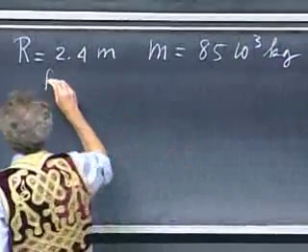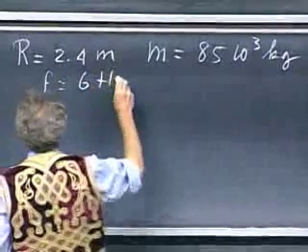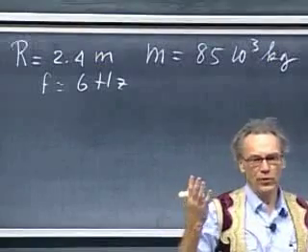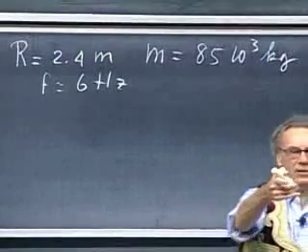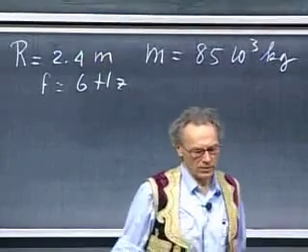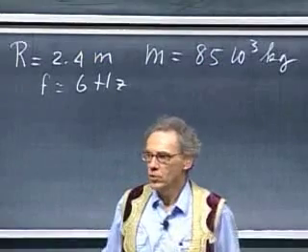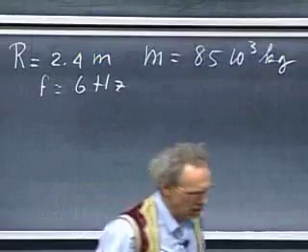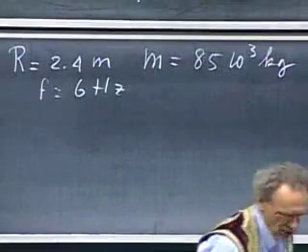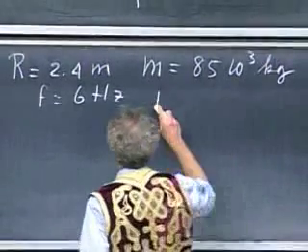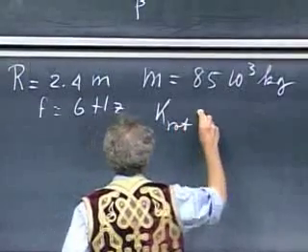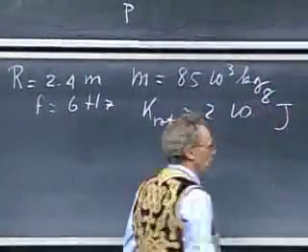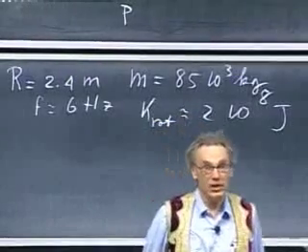And they rotate at about 6 hertz. You can calculate the moment of inertia. They rotate about their center, axis perpendicular to the plane. You know now what 1/2 I omega squared is, and so you can calculate the kinetic energy of rotation. And that kinetic energy of rotation is then a whopping 200 million joules in each of those